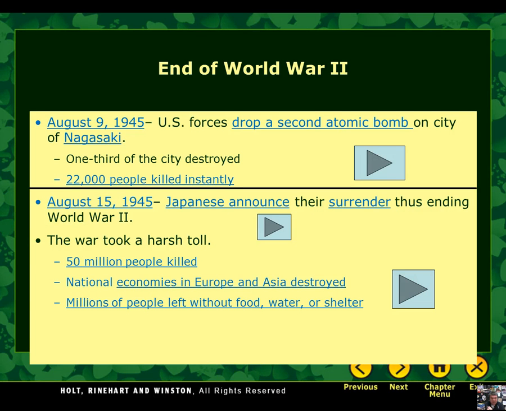So that is how World War II ends. Remember, your learning targets were about how the Nazis systematically tried to kill a group of people in the Holocaust, and to be able to describe why the United States dropped the atomic bomb and its effects on the world. Okay, so hopefully you can do those.